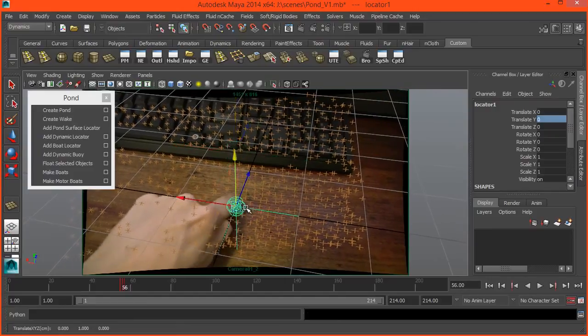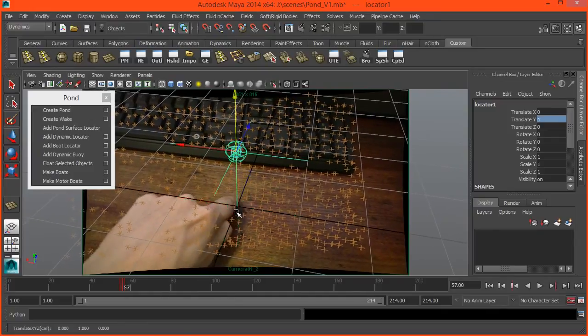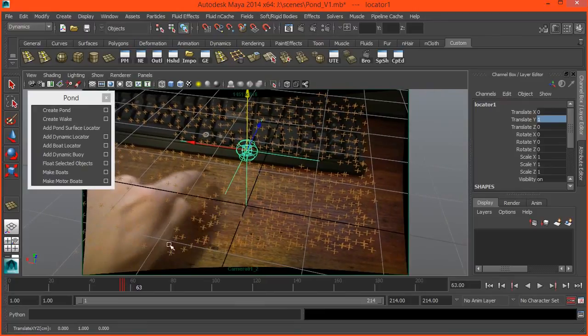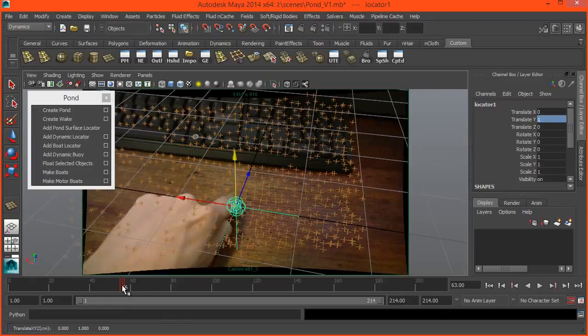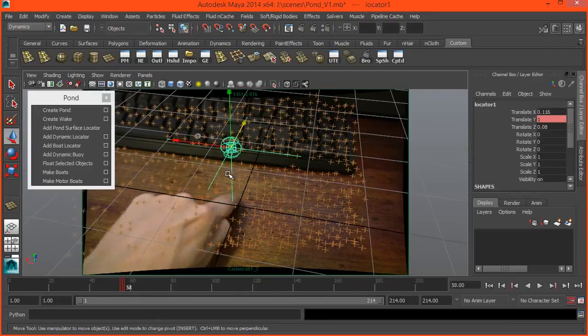Even though the character's finger may stay there for 2 frames, I'm going to keep it just a quick 1 frame press, and that will generate a nice little wake in the pond. Now we might want to line this up a little bit better, so we can move the locator on X, Y, Z to line it up, and we also want to keyframe X and Z because we need to do